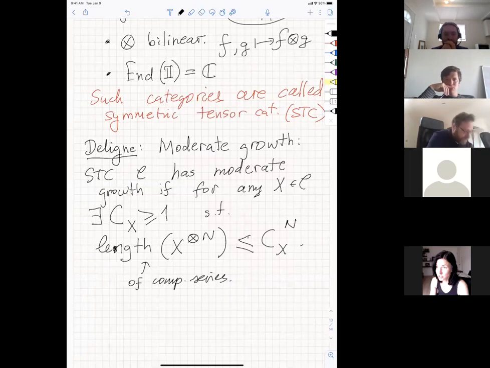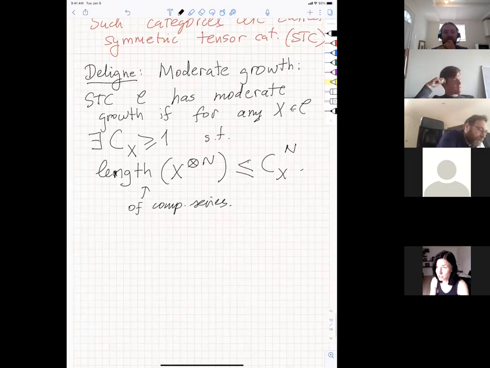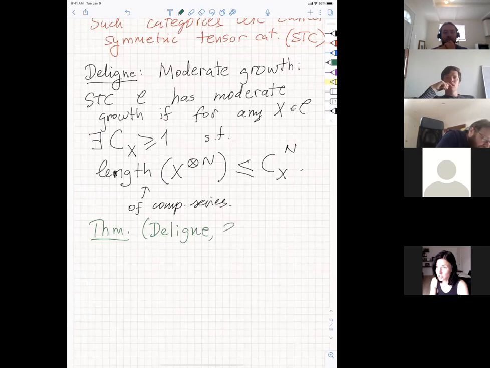In computer science, exponential growth is regarded as fast growth, but in the theory of tensor categories, this is the best you can hope for. If that happens, this is called moderate growth. And then there is a big theorem of Deligne, which he proved 20 years ago, and it says that a symmetric tensor category of moderate growth